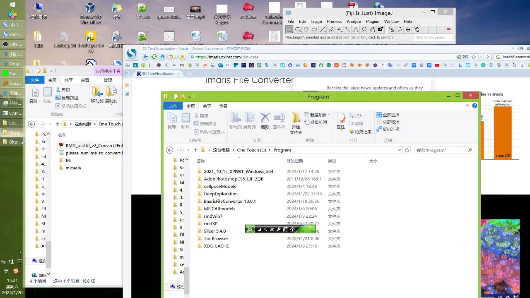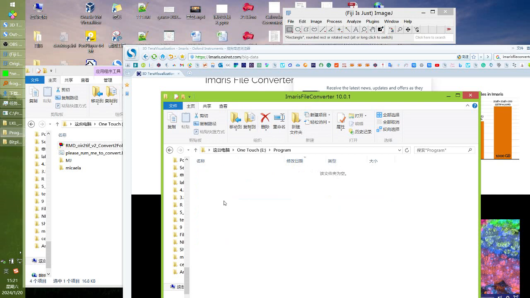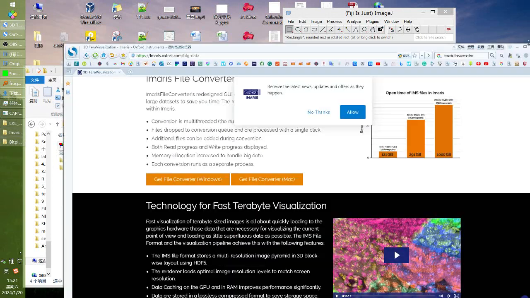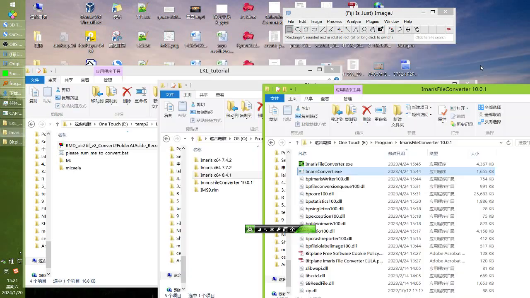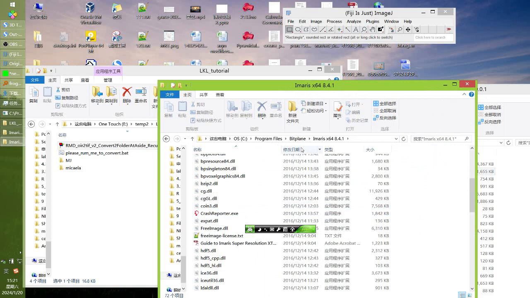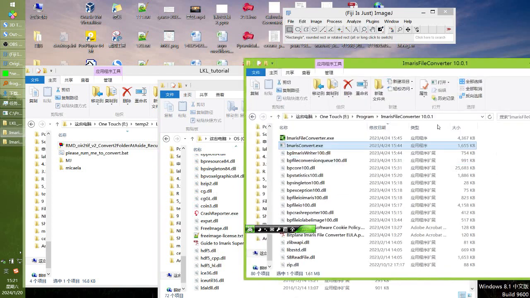Imaris File Converter also has the ImarisConvert.exe. So for these two exes, the location is different, because one is incorporated into the whole Imaris program, while the other is a very small converter that is free, but they are essentially the same.